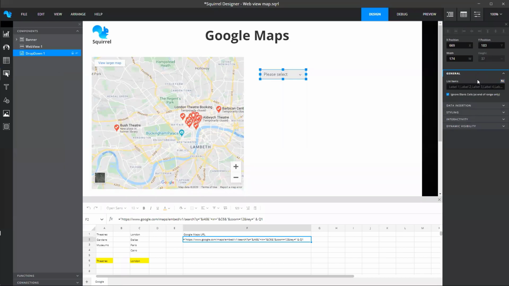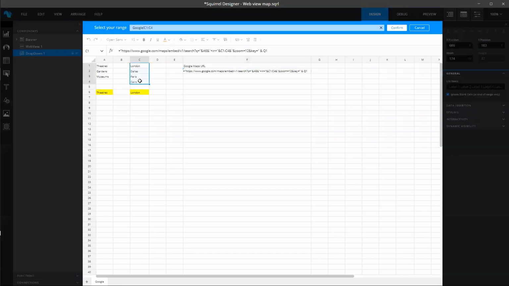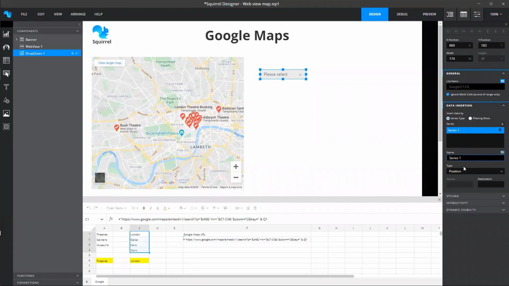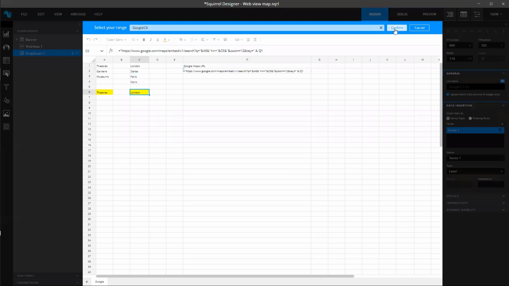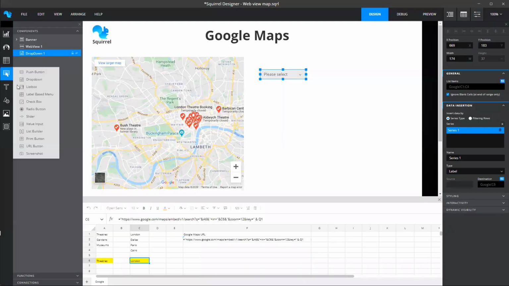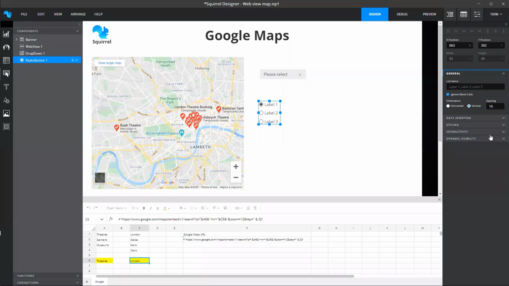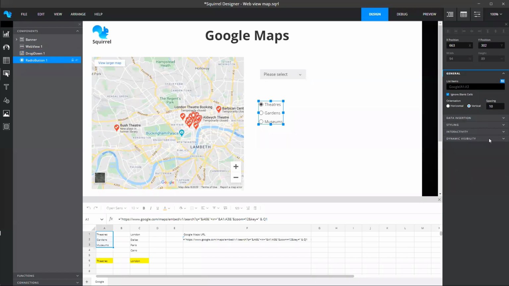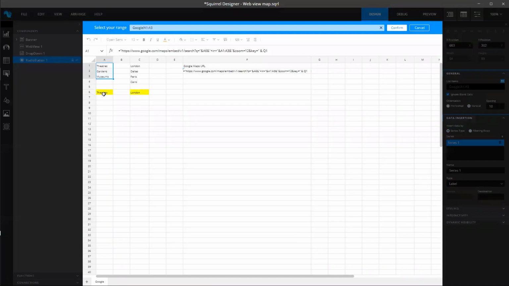So I'm going to add a drop down. The drop down is going to change my city, and it's going to insert its label into this destination here. And then I'm going to do another one, which is a radio button for my type of venue. So it's going to be theatres, gardens, or museums. And I'm going to insert the label into here.